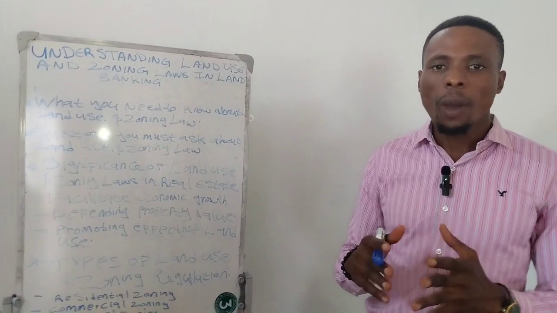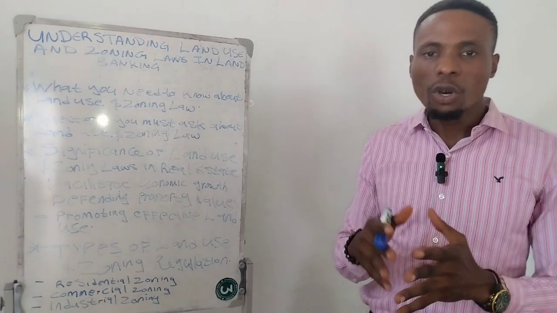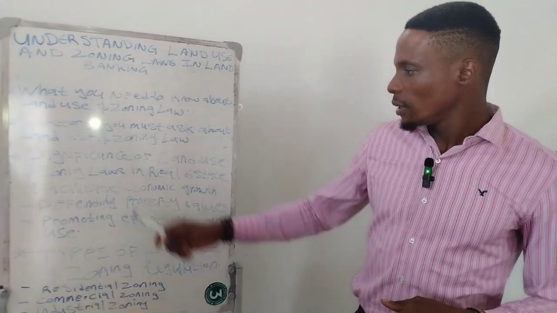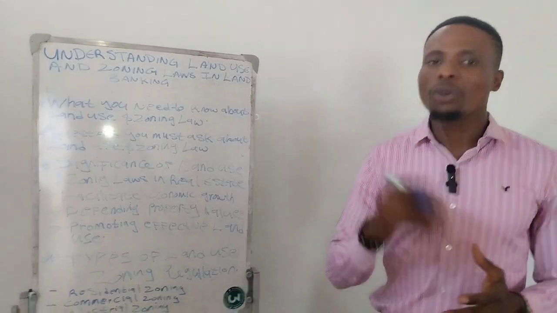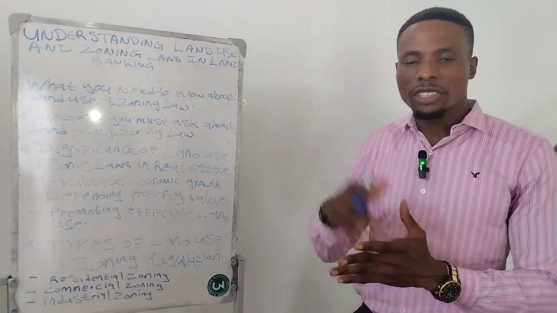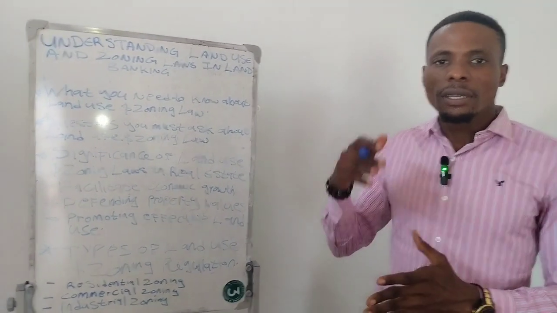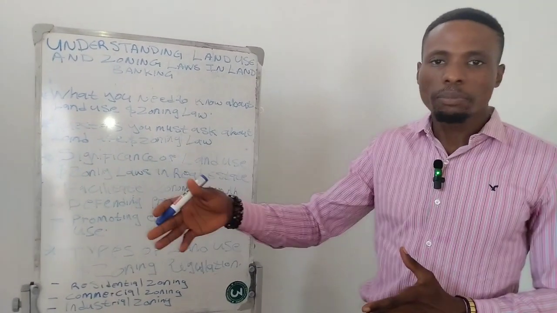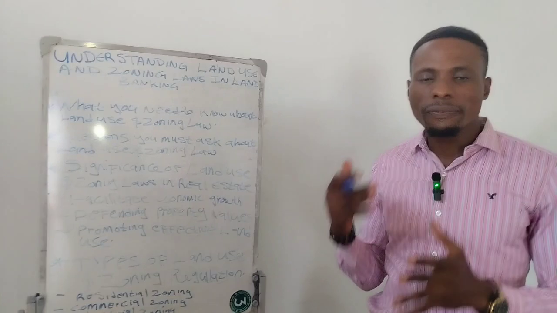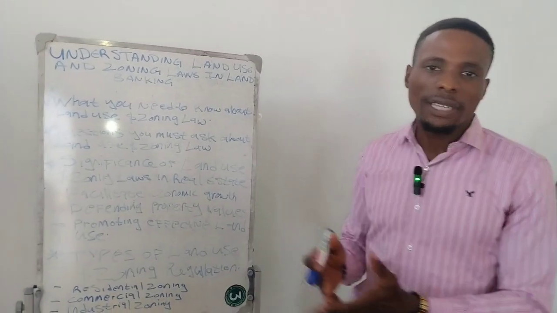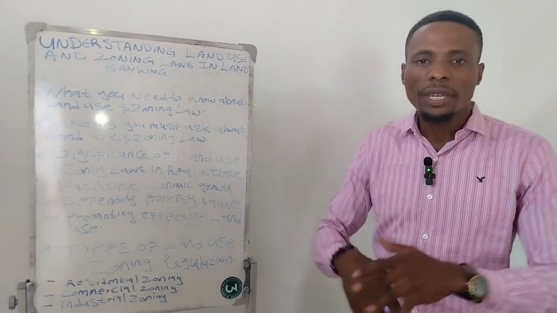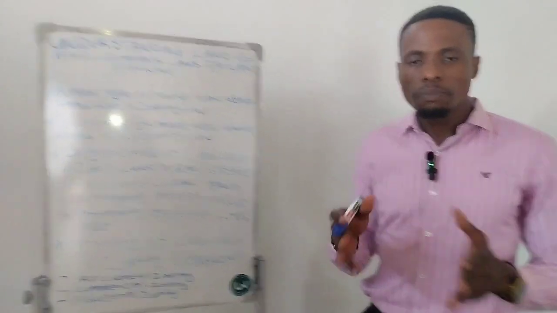Now, there are reasons why these land use and zoning laws are there to guide how you and myself develop our properties. Number one is to facilitate economic growth. Yes, imagine an area that is meant for residential building, and then you now take a factory and build it there. Those that are living around that area are not going to find it funny. Imagine them trying to rest during the day or at night, then they'll be hearing different noise disturbing them. You see, it won't be healthy. It won't be a healthy place for people to live in.